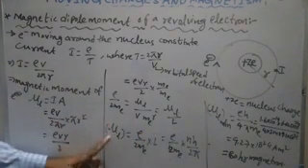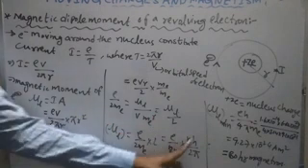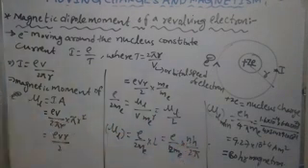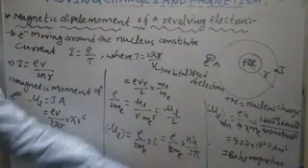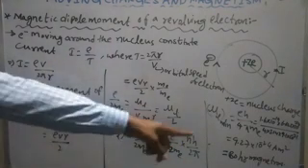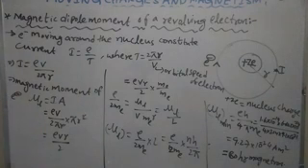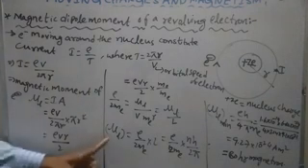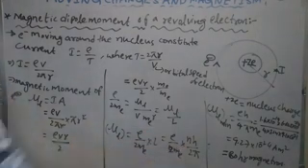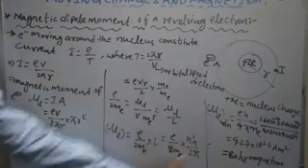The magnetic dipole moment of the revolving electron is e by 2Me into nh by 2 pi, or else neh by 4 pi Me. Remember, this expression is important. What is the Bohr magneton value? 9.27 × 10^-24 ampere meter square. What is the expression for the magnetic dipole moment of the revolving electron? e by 2Me into nh by 2 pi, or else neh by 4 pi Me.